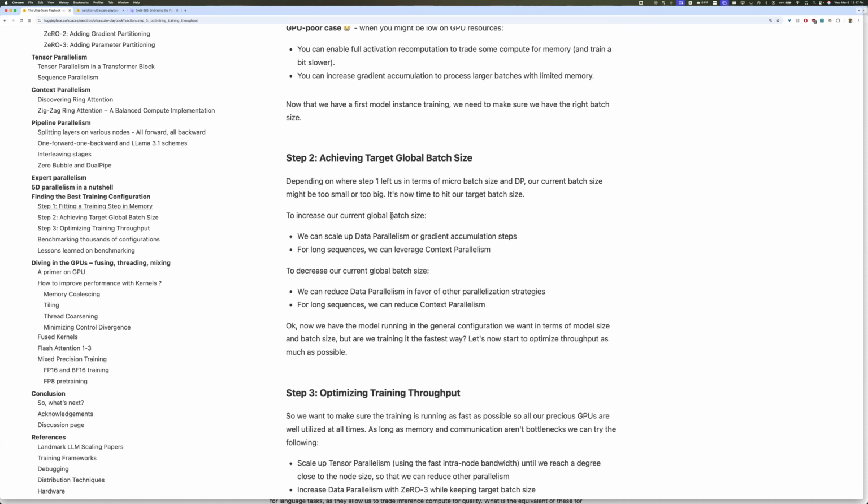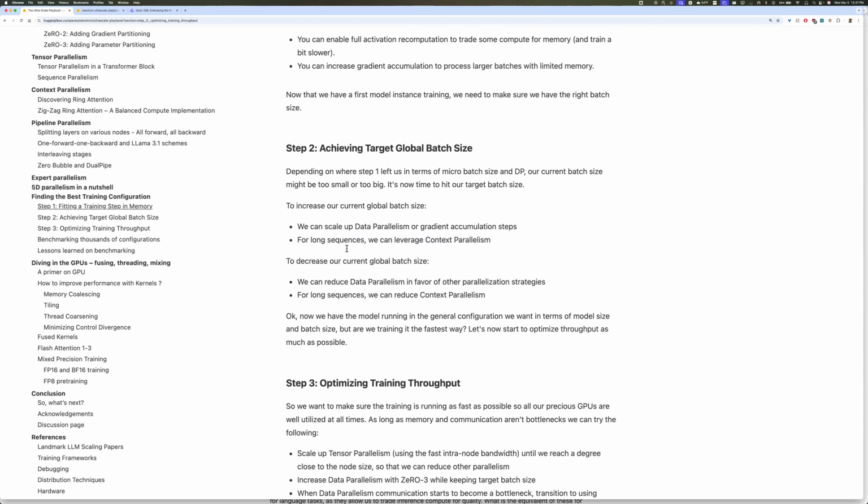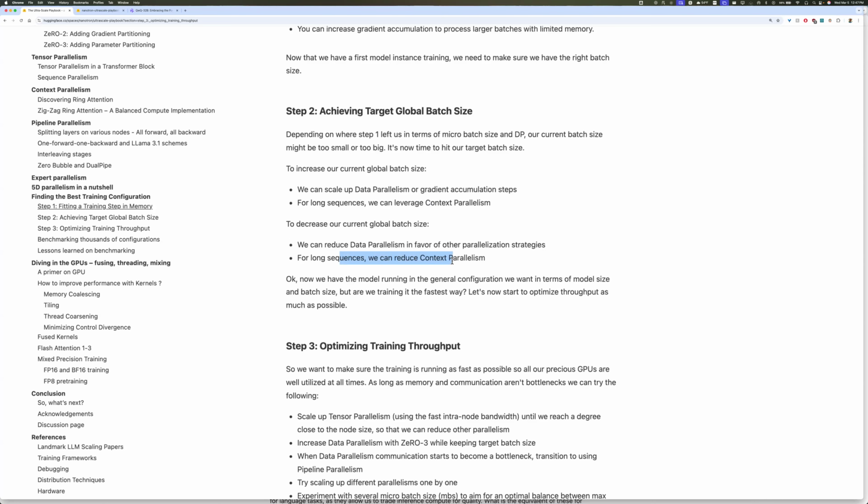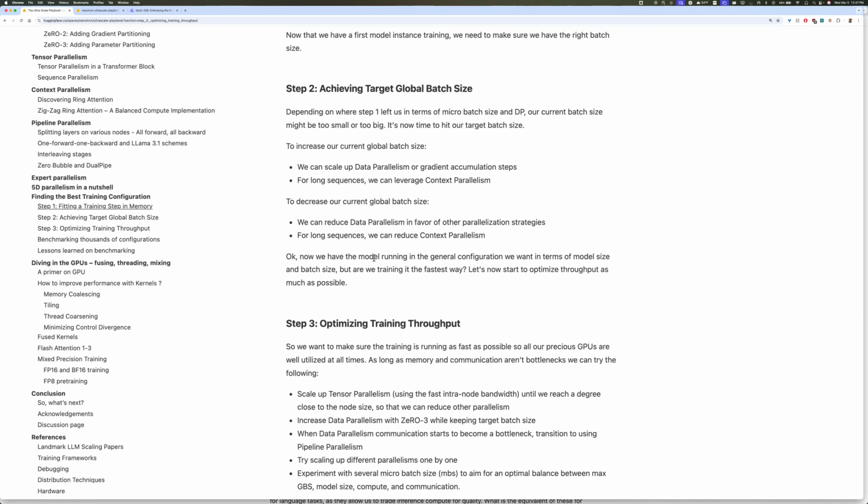Step two, achieve the target batch size. Depending on where step one left us in terms of micro batches and our data parallelism, our current batch size might be too small or too big, right? So what you want to do is scale up data parallelization or accumulation steps. Keep doing gradient accumulation until you're no longer running out of memory. And if you want to start to do long context, add in context parallelism. This is the ring attention stuff. To decrease our global batch size, we can reduce data parallelism, and we can reduce context parallelism